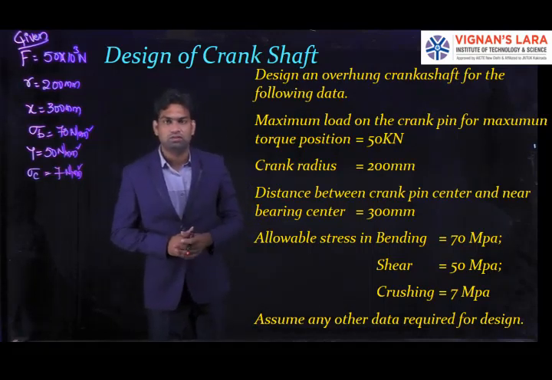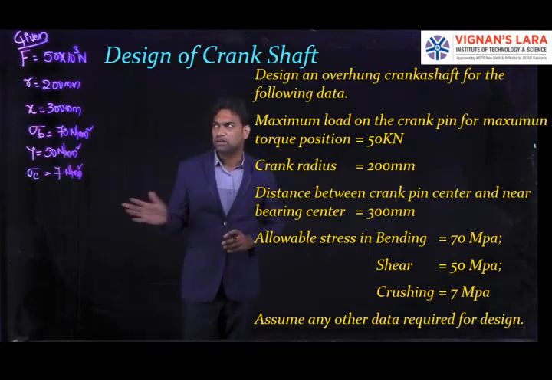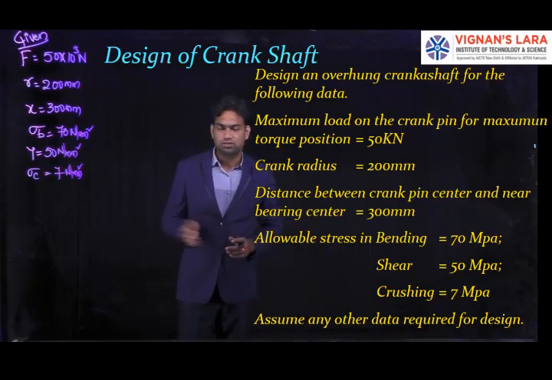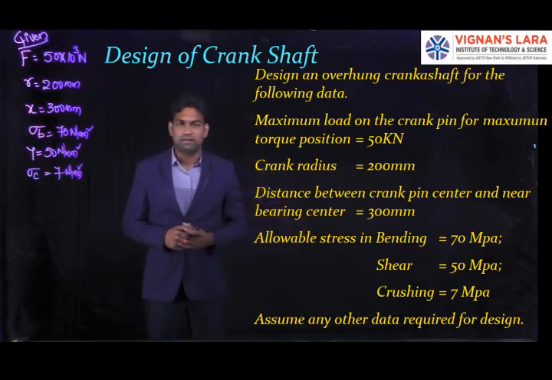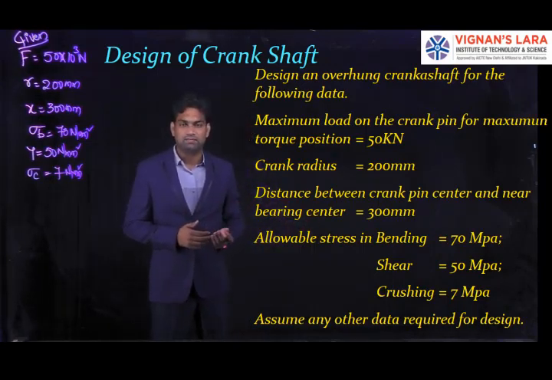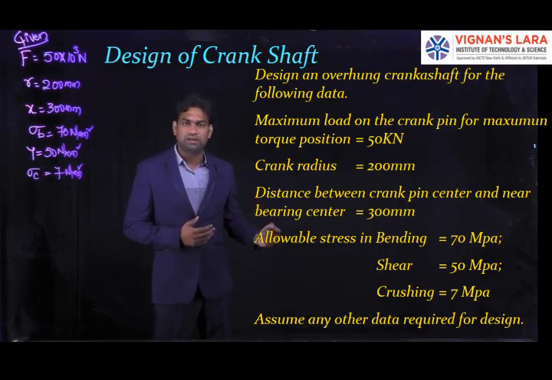So let us see how the design is performed using this data. If any other data is required, we can assume it, using the proportional ranges that I mentioned in the earlier class. For calculating the dimensions, we can use the proportions. Using those proportions, you can find the sizes of the crank pin as well as the crankshaft, that is the main shaft, and then the web dimensions, that is the width near the crank pin as well as the width near the main shaft, so that we get the mean width of the web. The thickness we can also calculate using the proportions.